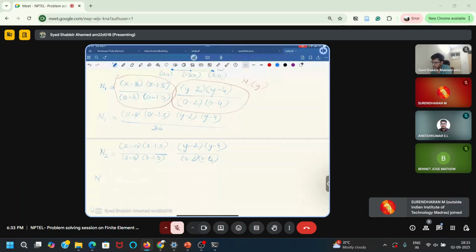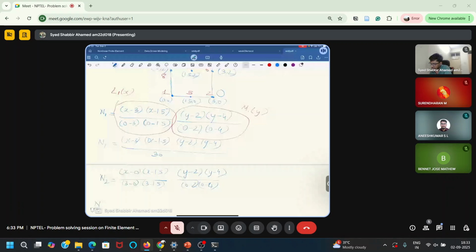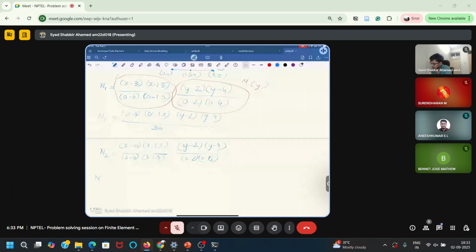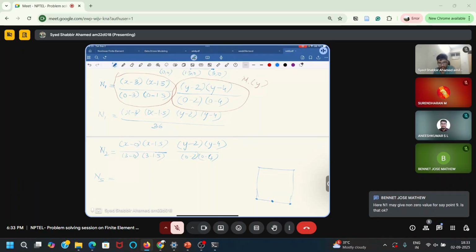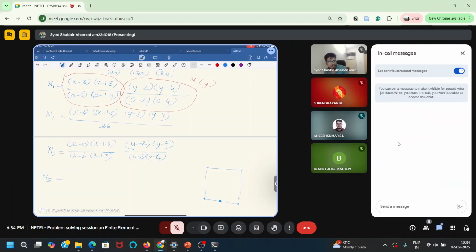So now let's write for n5. So n3, n4, all these things you can do. Now let's write for n5. So n5, you can see this is the quadrilateral, and this is my fifth point, and this is n1 will give